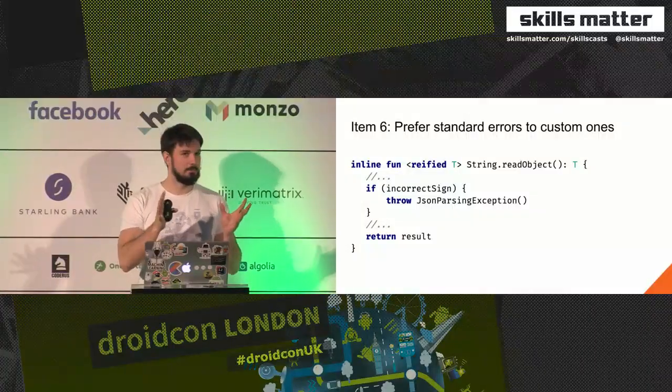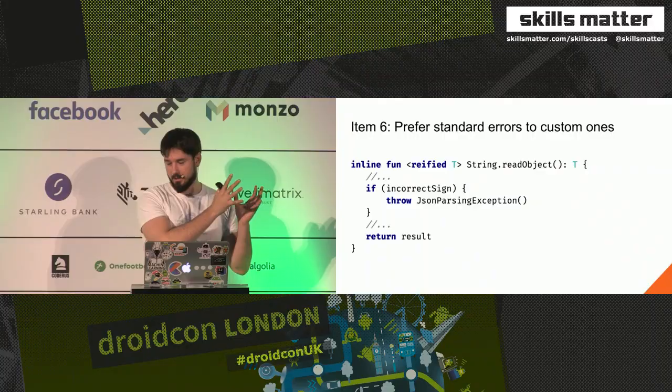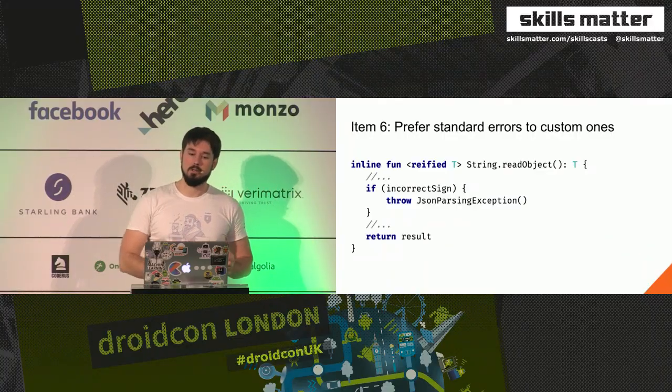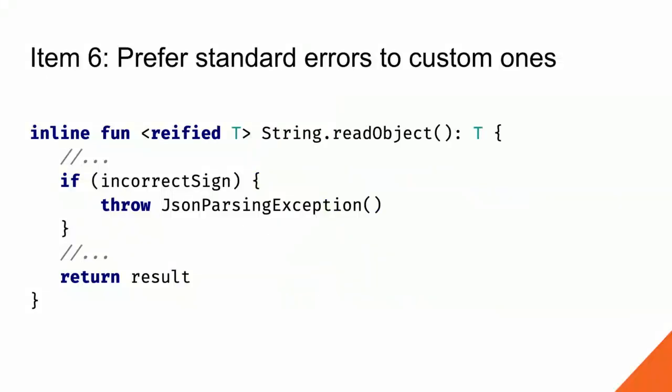We sometimes need to throw our own exceptions if we want to express something that is not expressed by any common exception. But at first, we should look for some standard one if it can express what we want to express. But my general rule is to avoid